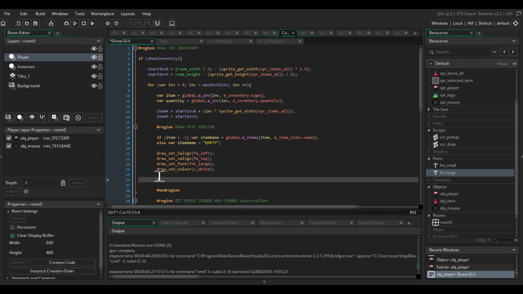We've got that. Okay, so if quantity is greater than 1,